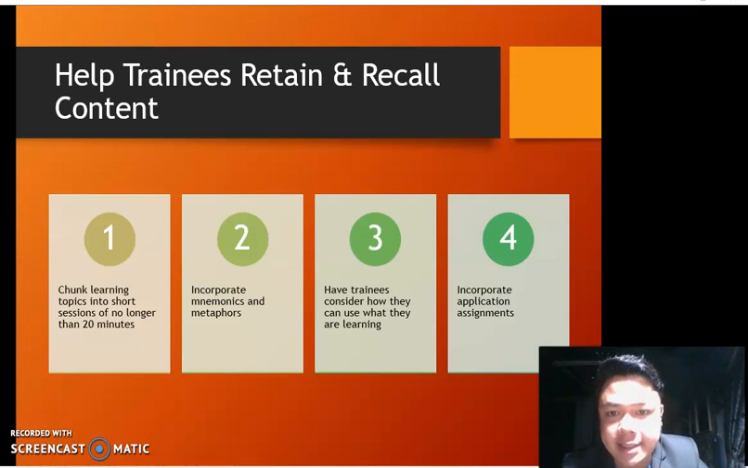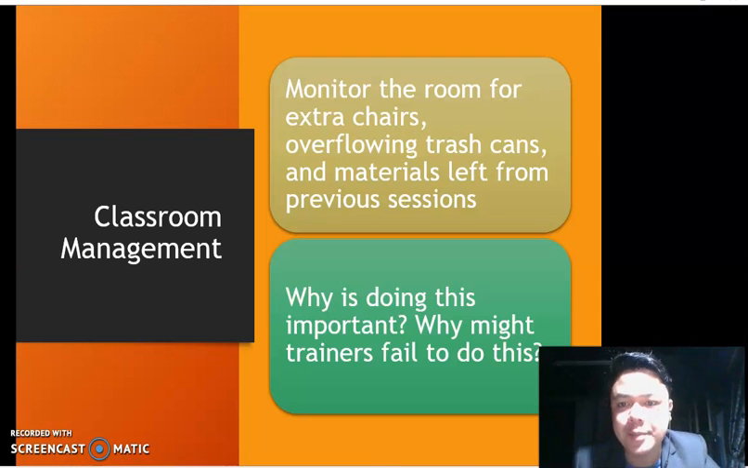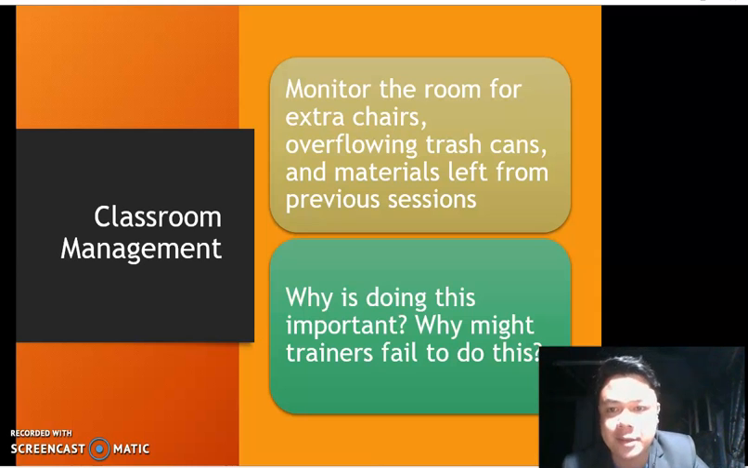Now, for classroom management, effective course design includes managing the training environment. Monitor the room for extra chairs, overflowing trash cans, and piles of material left over from previous training sessions. A messy, disorganized, uninviting training room creates a learning distraction. Give trainees frequent breaks so they can leave the room and return ready to start learning again. So why is doing this important? Why might trainers fail to do this? This one you can answer in the